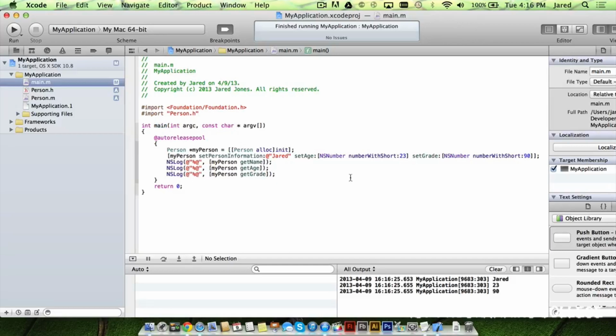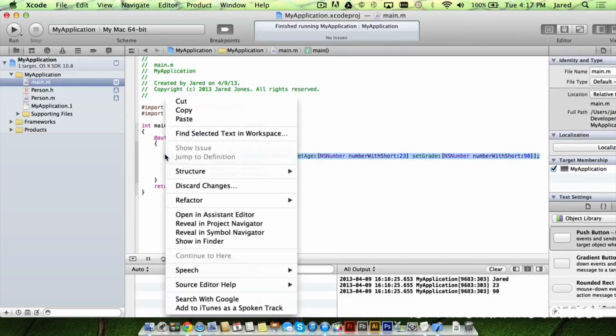So that's a quick example of how an object works. So notice I just created one thing. I created a person, set its information, and now I can grab things out of that object. Well, I can use this person in many different places. I could set the information again. So if I take this method, and I copy it,